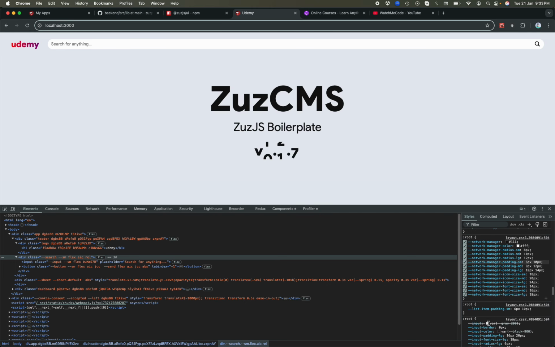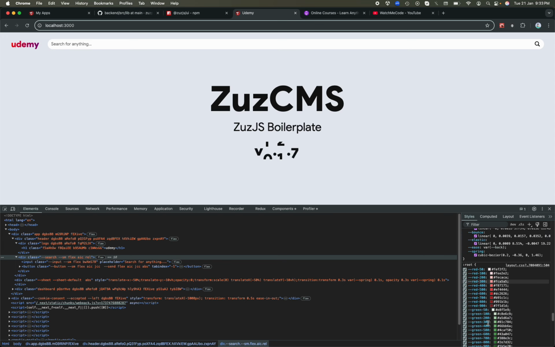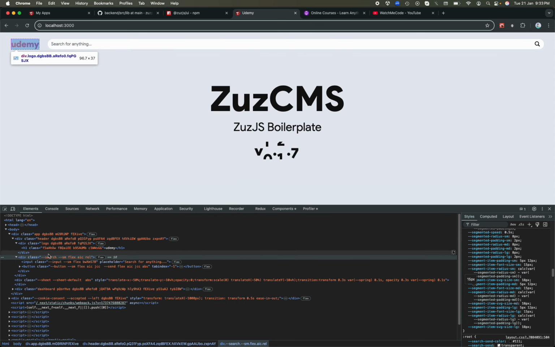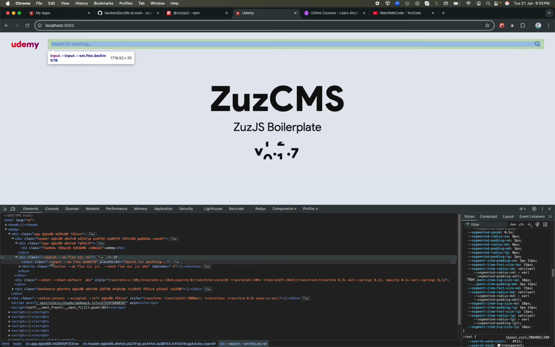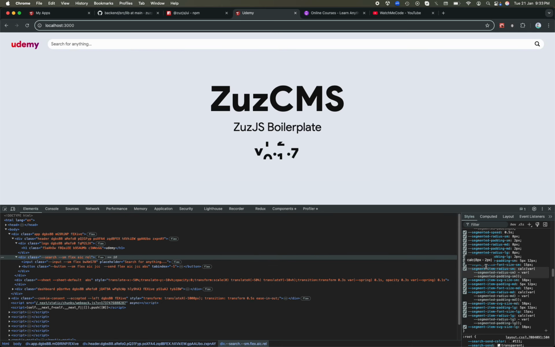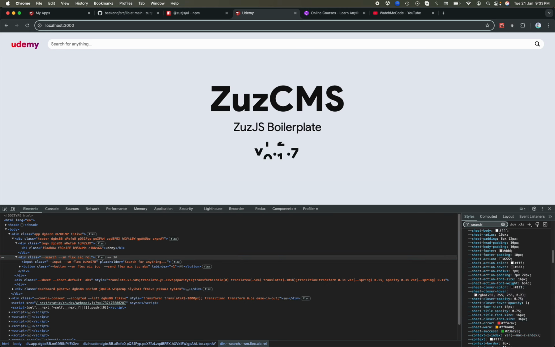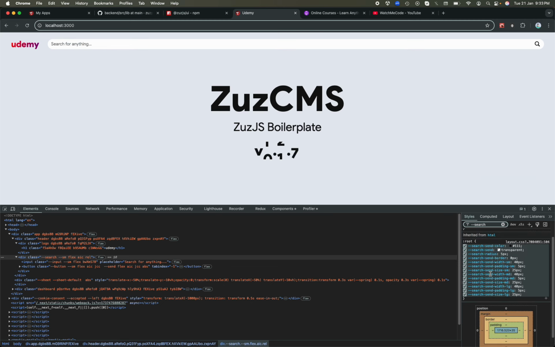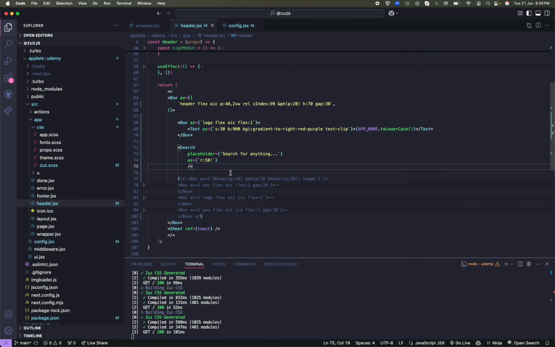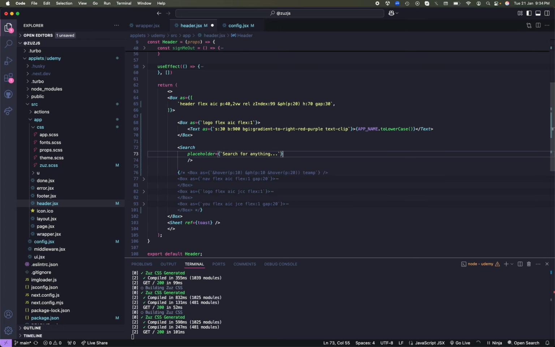set up with a lot of components. We need to go inside search, and for search we have, if you go and filter search, or maybe minus search, here we have a radius, that is --search-radius. You can change this variable, but for variables to reflect, you don't have to pass it directly here. Let's remove that, and go inside your